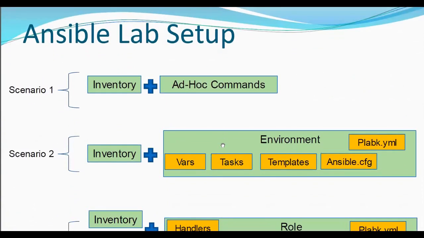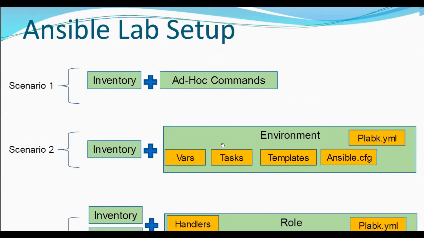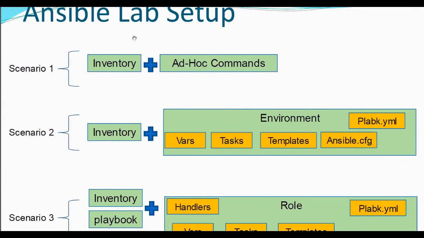Ansible Lab: how do I have my Ansible server work in different scenarios? One typical scenario that I see, as I discussed earlier, is if I want to get a task done quickly, as early as possible, and it is not going to be repeated every now and then, I will be using Ansible in ad hoc mode. In that case, what I need is an inventory file and the set of Ansible modules which are going to be called inside the ad hoc commands. Scenario 2 discusses having an inventory file and then setting up an environment inside the Ansible control server.